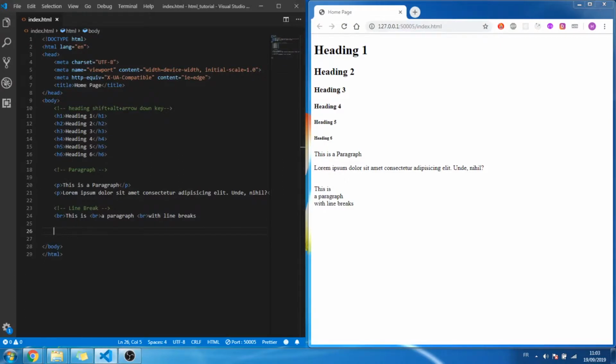There is another element of HTML which we call the pre element. What it does, this HTML predefined element, is define pre-formatted text. So the text inside a pre element is displayed in a fixed width font and preserves both spaces and line breaks. So let me create a pre like this, and then